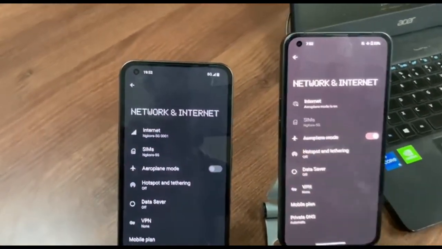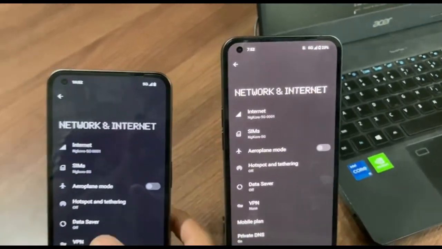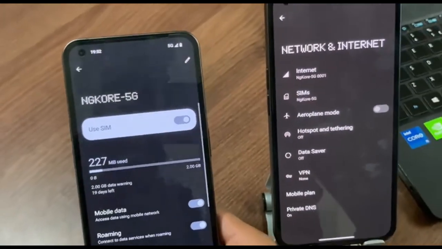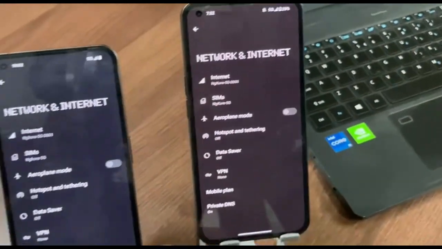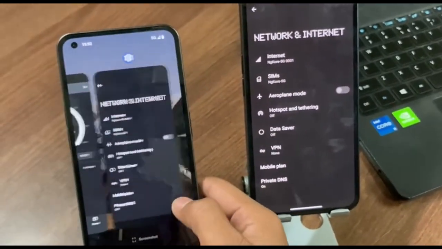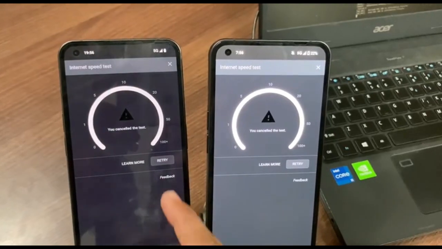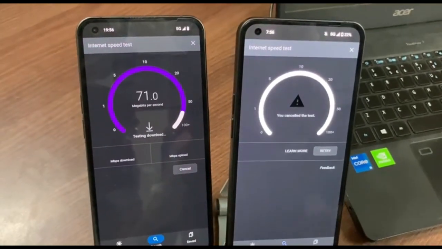So as you see, 5G is already there. If you have a look at the SIM, it says NGCO 5G, and all those things are already mentioned here. And similarly, the 5G is also there. Now let us have a look at the speed test. So let's have a look at the speed test. So it's going through 69,